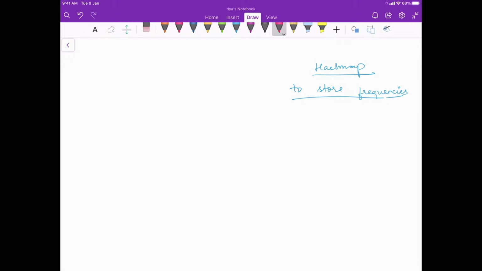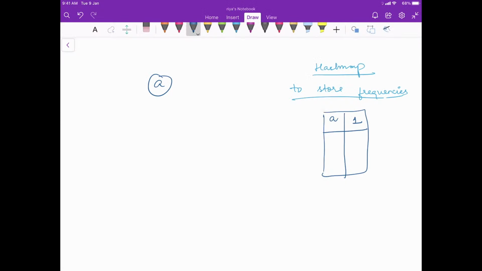Now what is simply happening is, let's say the first character that came is a, okay? So what did you do? You took a hash map and you simply took an a and stored 1, right? This is what you did. And there is a Q also that has a in the front and the answer till now is also a, right?